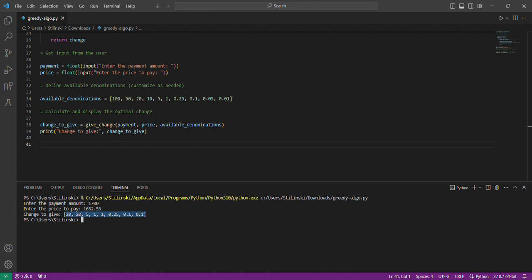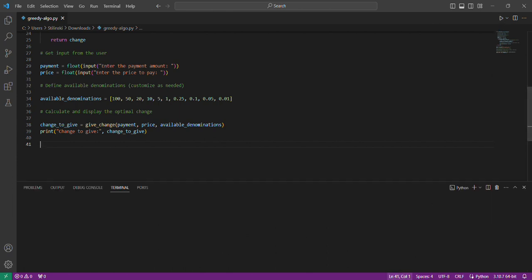Just like before, this will be the total changes if you add all of them for this payment and price to pay.